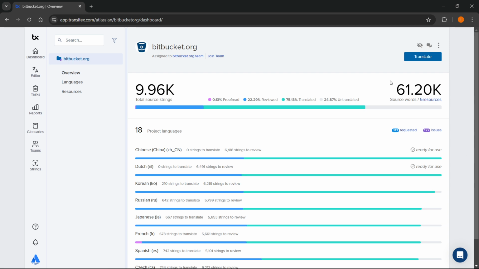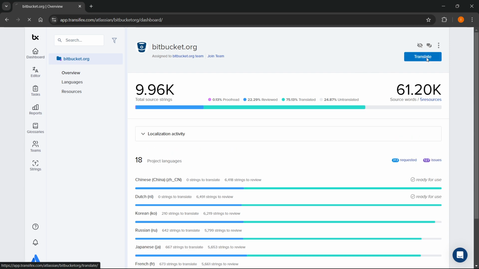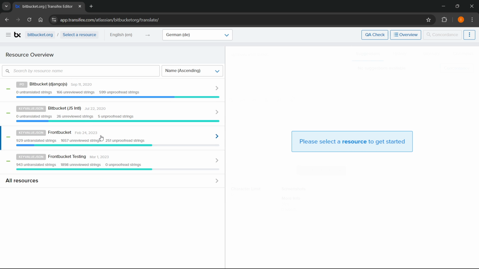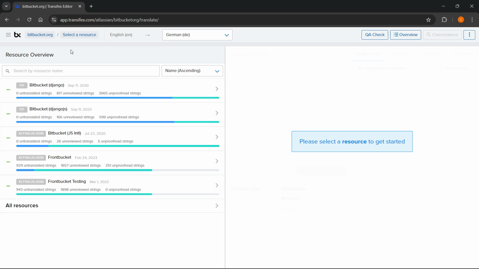Now, that's pretty much it. As you can see, you only have to click translate up here and it will take you on and it will tell you everything you need to do and everything you need to change and translate, and that's pretty much it. So that's how you sign up as a translator on